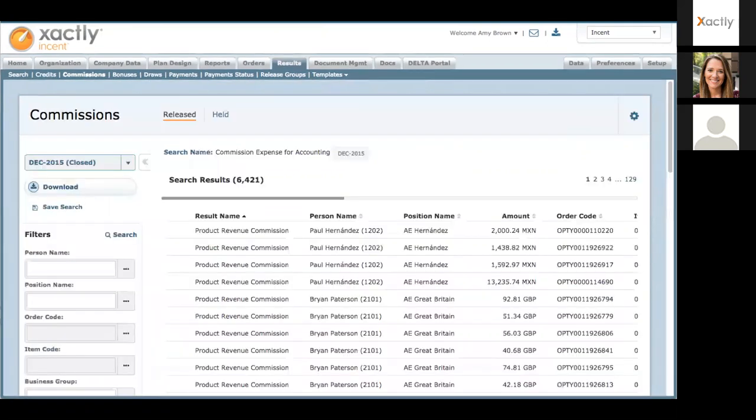And then when you do execute that search, what Incent will return to you is a bunch of information with all the transactional data that you need in order to produce. Pretty data heavy, right? You can download these search results. They download to a nice, simple Excel spreadsheet. And I would bet money that your accounting department would love to have this data in Excel.